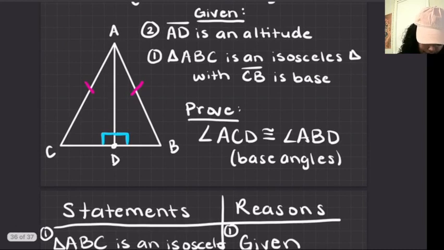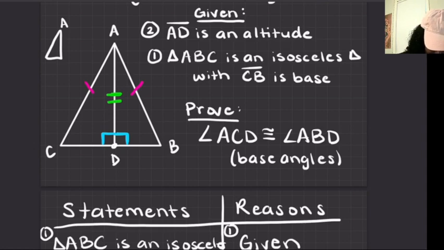So now so far I have a side, this angle here, okay? And I'm also going to notice that this side right here, let me change the color. This side AD is congruent to itself, okay? So let's say if I were to split these triangles into two separate triangles. So I have one smaller triangle over here